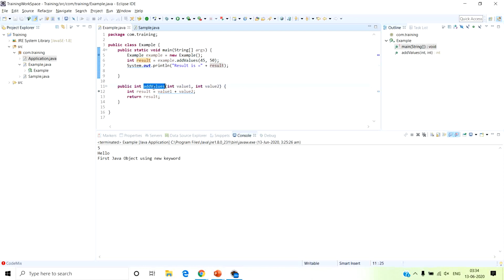So a method has a return type, access modifier, and method name. A method can also have arguments or parameters, you can say. There are two types of methods available: user defined methods, and inbuilt methods, which are from the classes that we use from the Java library. Those classes also have methods. You can see here we are using the println method. So where is it coming from? If you open here